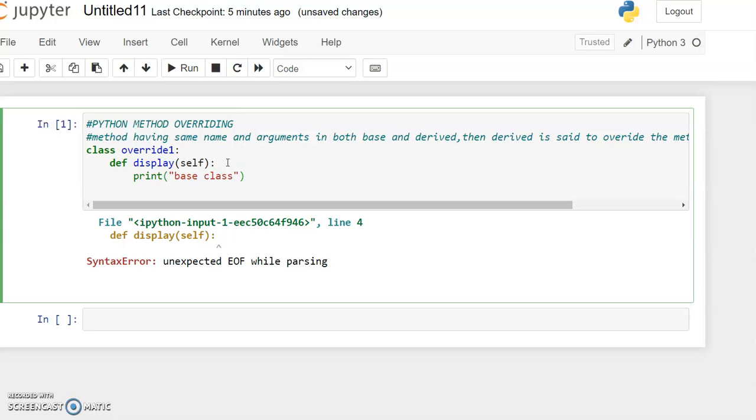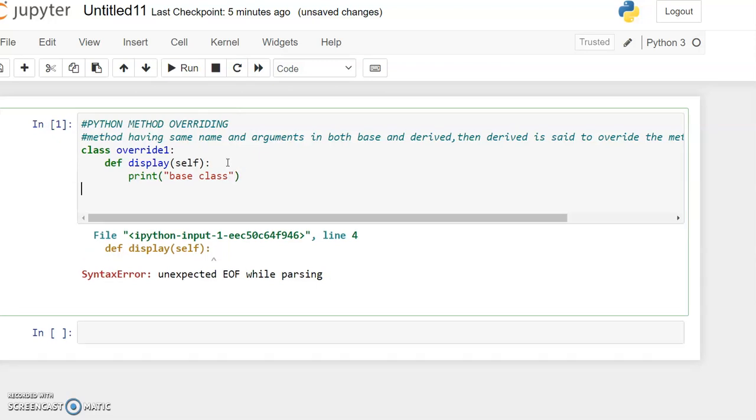Okay. Now we need to create a derived class, override2 of override1.